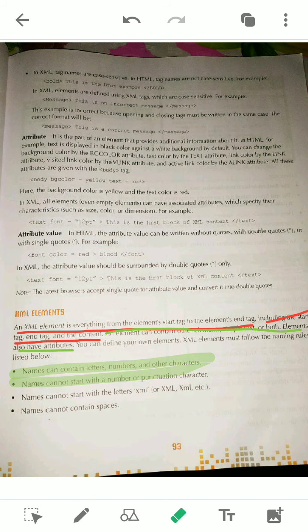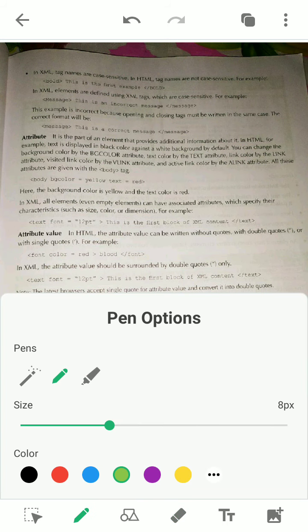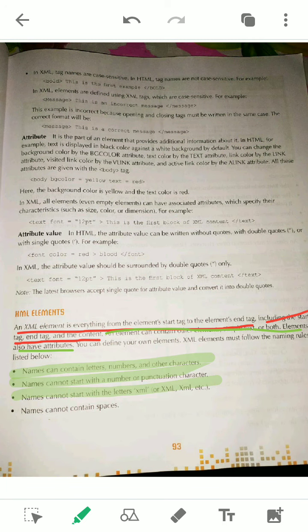The last one is the important one: there should not be any space. Most of the time students make mistakes while writing the element's name. It cannot have any space. Remember this part. If you have written a tag name like student name with a space, it is wrong because there is a space.